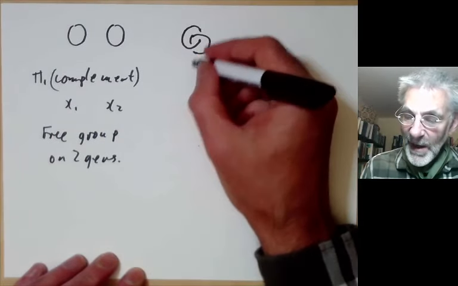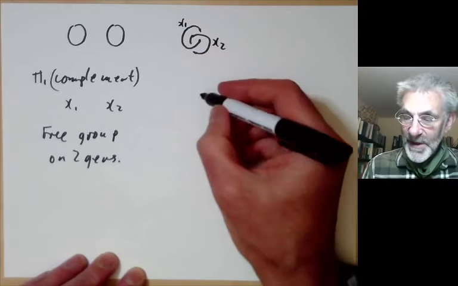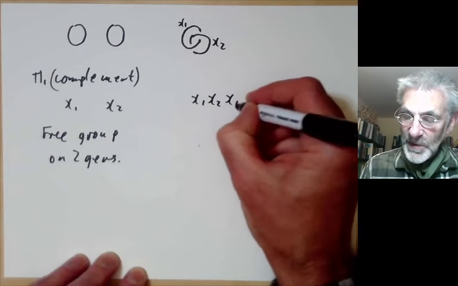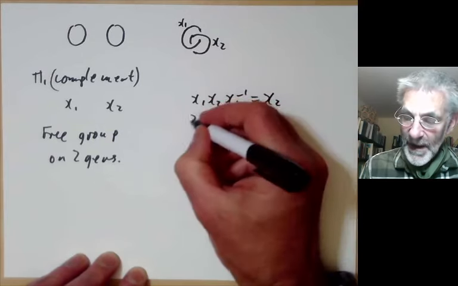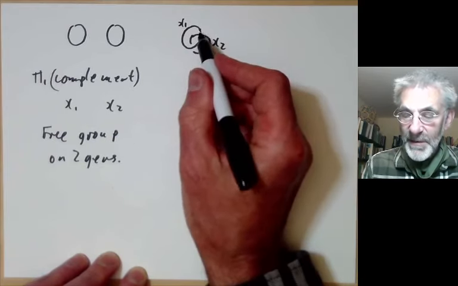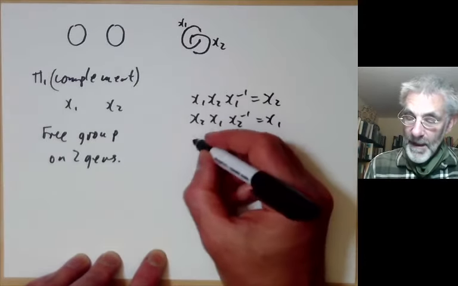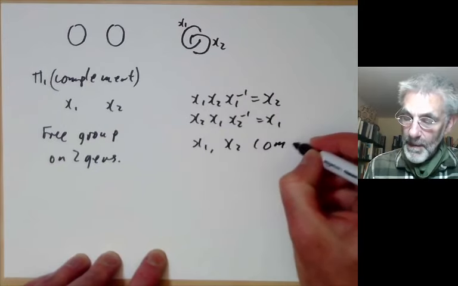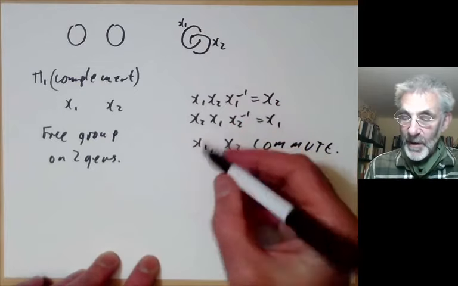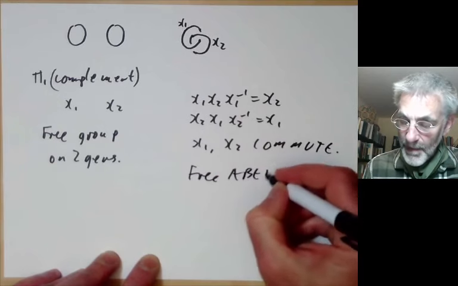Now let's try and work out pi1 of the complement of this. Here we've got 2 generators, x1 and x2, and the relations say that x1, x2, x1 to the minus 1 equals x2, and x2, x1, x2 to the minus 1 equals x1. So these are relations coming from these 2 crossings. So this just says that x1 and x2 commute. So here the fundamental group of the complement is the free abelian group